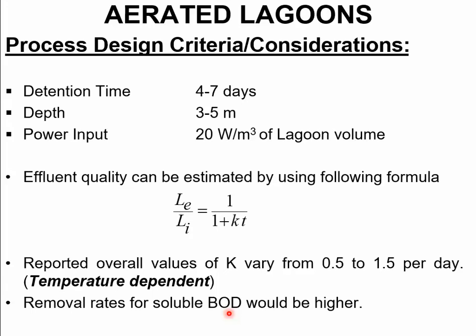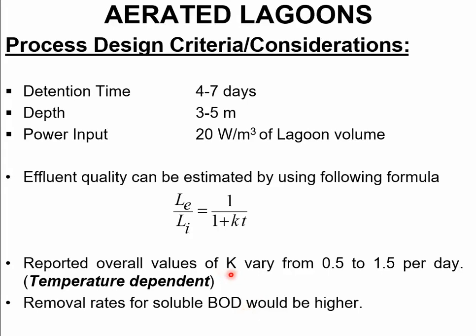as a technology for many of the industries which have a soluble organic matter proportion as the major portion of BOD, such as food processing industries and dairy industries. They have a major portion of organic matter as soluble BOD, so it is quite easy for that organic matter to be oxidized by bacteria. So removal rate would be higher, and better effluent can be attained using aerated lagoons for such industry.